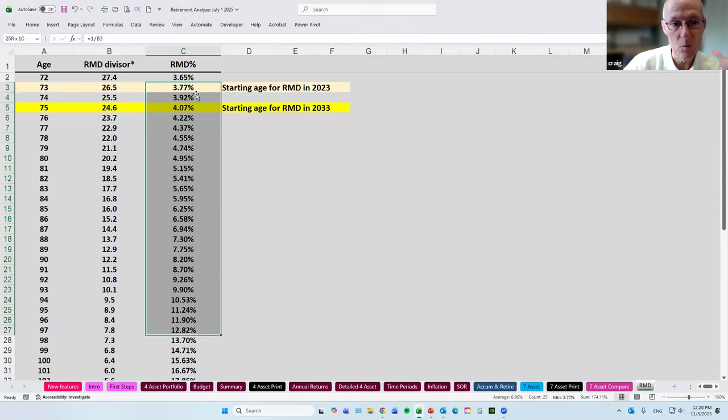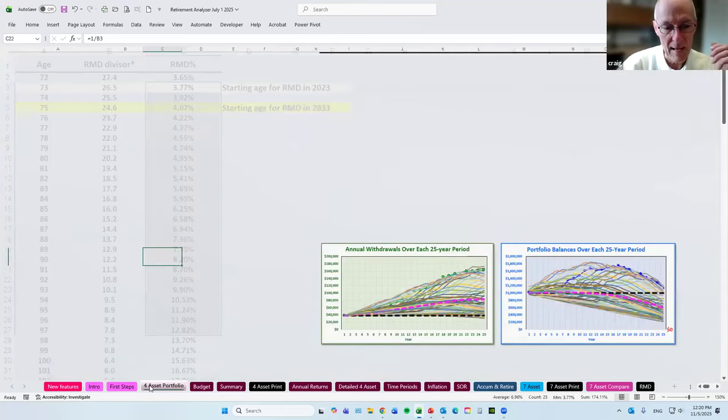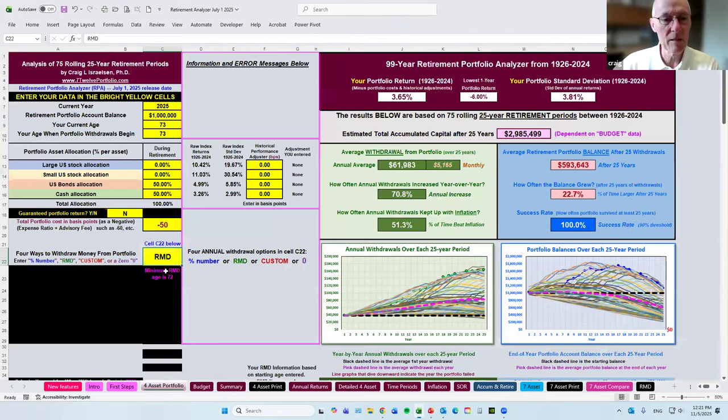So that's the RMD world right there, from 3.77% to just under 13%. What's interesting, if you can see it, it's kind of small, but the average of those 25 RMDs is 6.96, or call it 7%. The average RMD is not a terrifically useful thing because you never really withdraw the average. You have an escalating percentage, but it just happens to average out at 7. So with that determining how money is taken out,